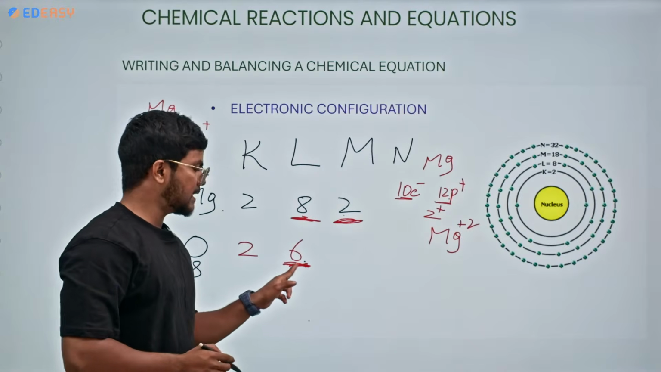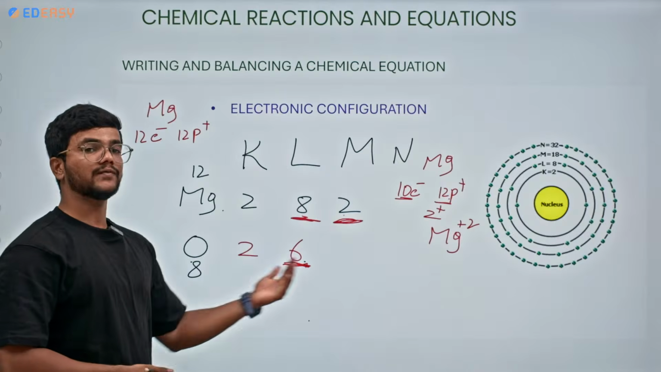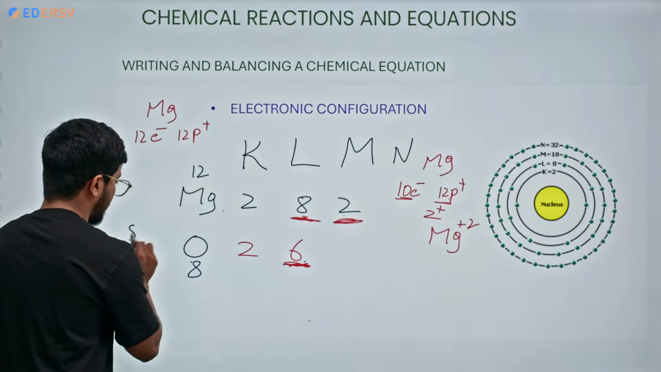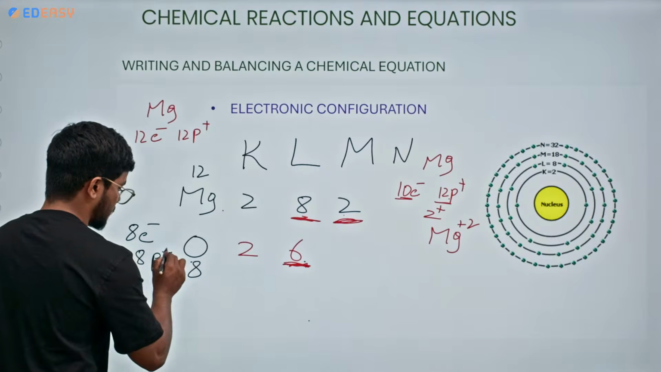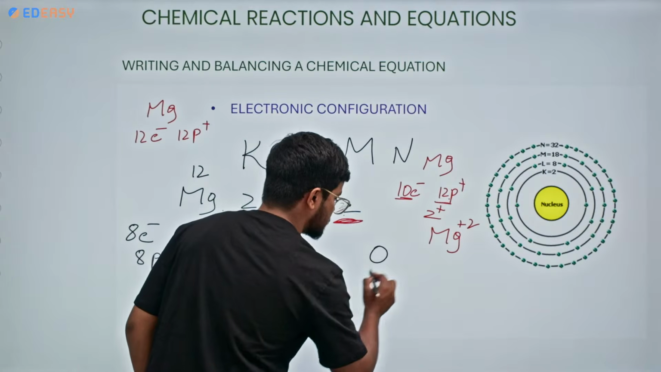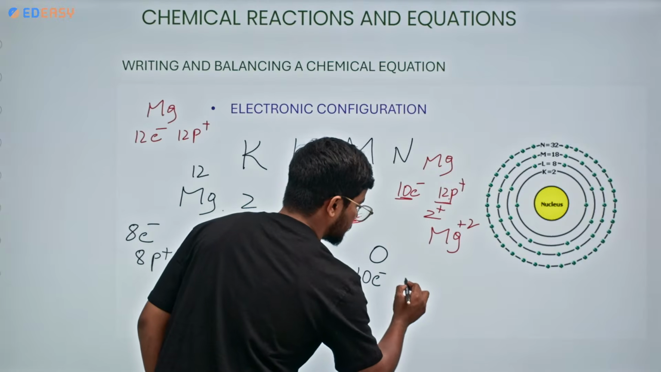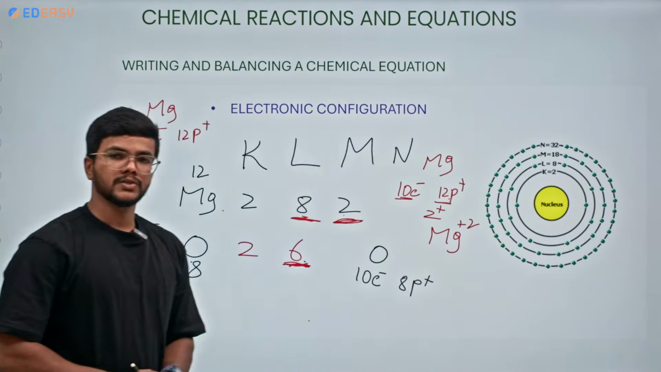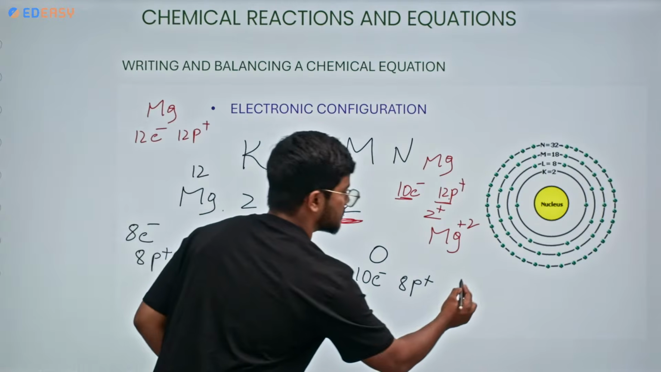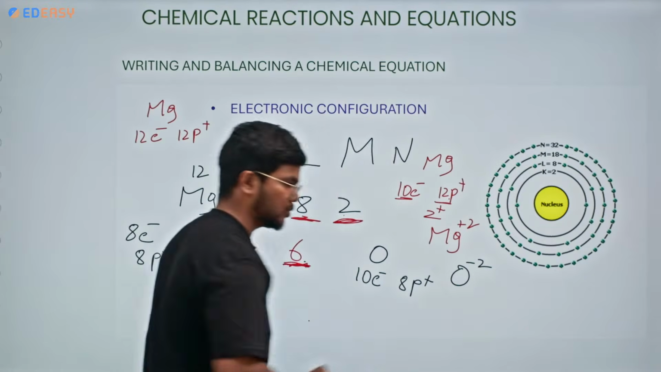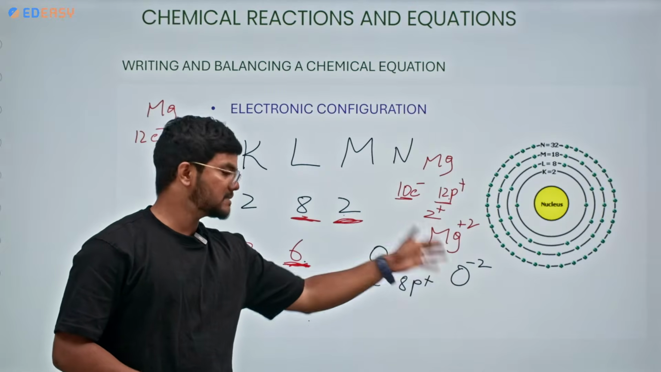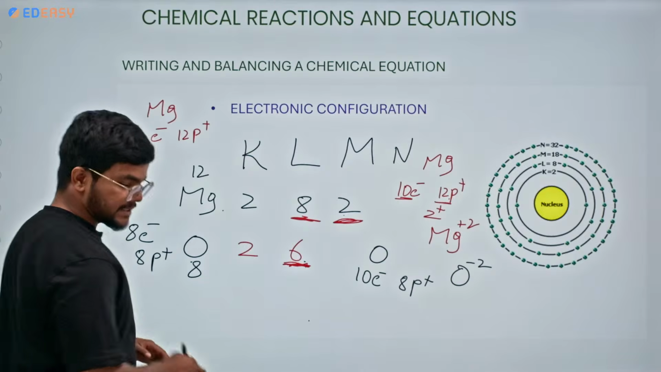Oxygen, with 6 electrons in the outermost shell, will take 2 electrons. Before taking 2 electrons, oxygen has 8 electrons and 8 protons. After taking 2 electrons, oxygen has 10 electrons and 8 protons. So the extra 2 electrons are kept as a charge on the oxygen. So now oxygen has a charge of -2. What does this plus charge indicate, and what does this minus charge indicate? In the next slide,